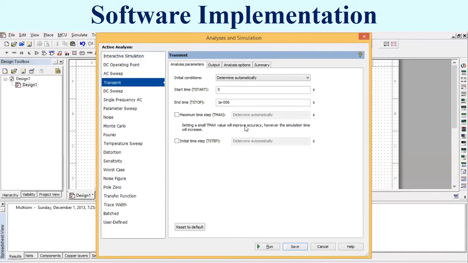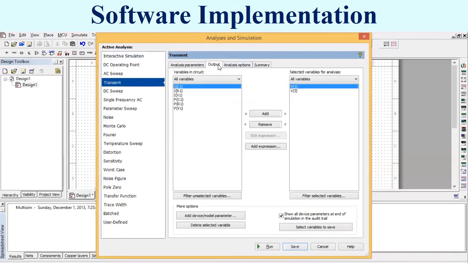The transient analysis parameters window will open. In the analysis parameters tab, set the start time as 0, which is already set, then the end time as 1e-006. Then I move to the output section and pick two voltages, V1 and V3, and then I run my simulation.